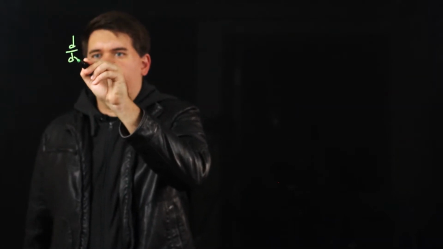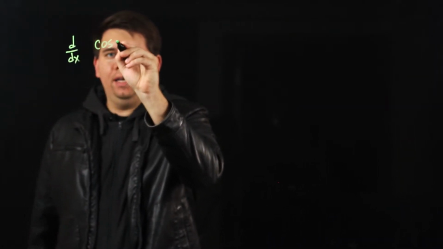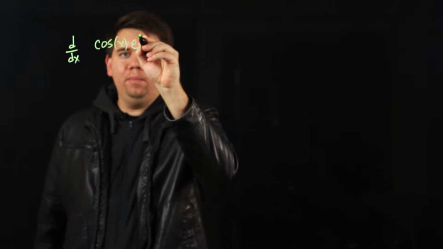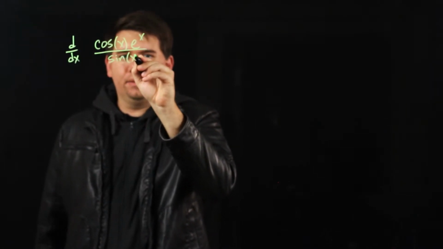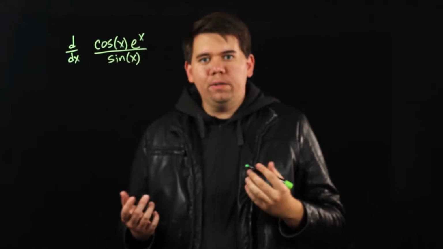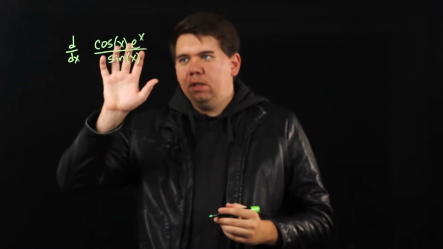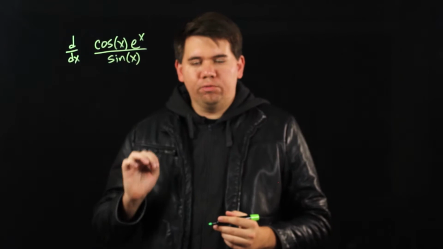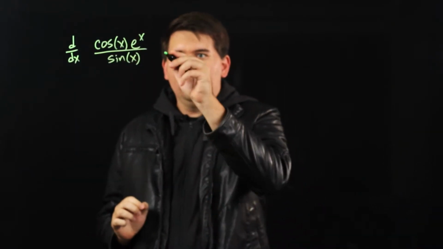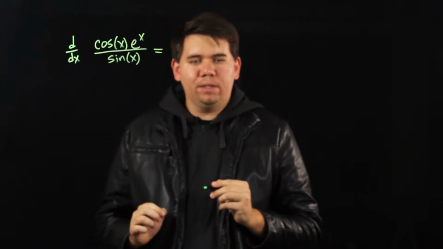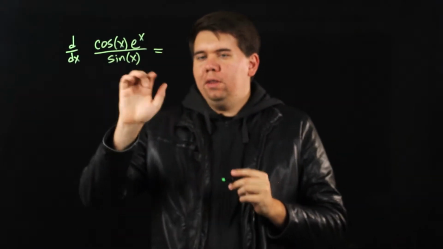Let's calculate the derivative of an example that's going to include some trig functions. For example, suppose we want to calculate the derivative of cosine of x times e to the x divided by sine of x. One way to do this would be to just approach it using your quotient rule. You say this is a quotient, something divided by something, so I can calculate its derivative by holding the bottom,